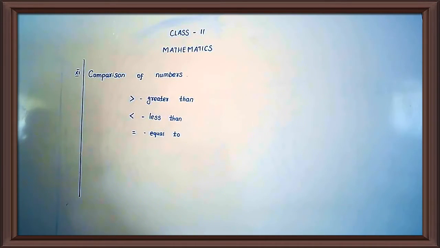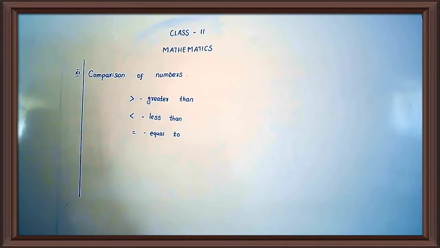Equal to. Okay, now what is the meaning of greater than? If we are comparing two sets of numbers or two sets of things, we have to use the symbols for greater than, less than or equal to. A number with fewer digits will always be smaller than a number with more digits. A number with more digits will always be greater than a number with fewer digits. When both numbers have an equal number of digits, start comparing from the left hand side.